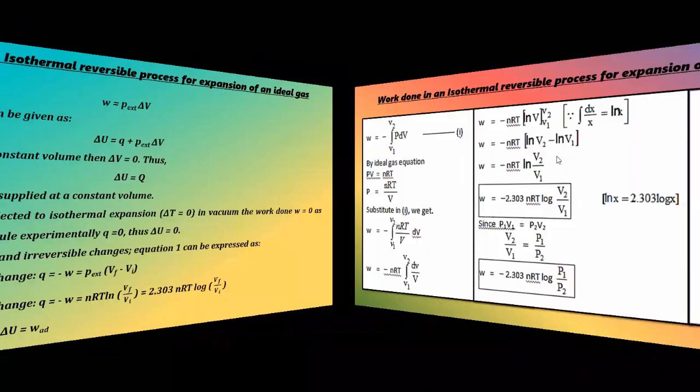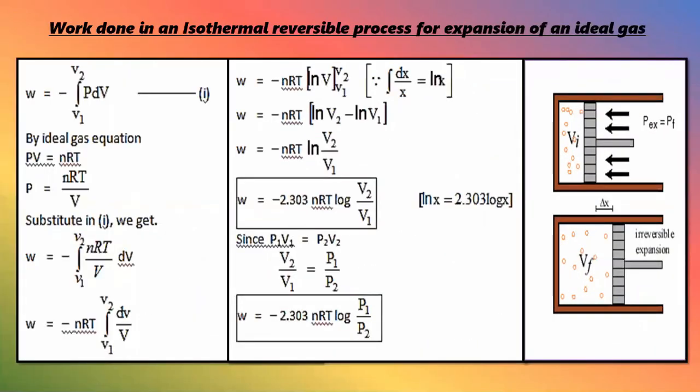Okay, let's see. First let us try to understand what the diagram says. As you can see, this is a three-phase picture. The diagram is saying there are two conditions, one is Vi, another is Vf. Initially, inside this piston, this gray colored thing, is the piston, and here also this gray colored thing is the piston, right? Inside, whatever pressure we have is P internal, and outside we can see P external.